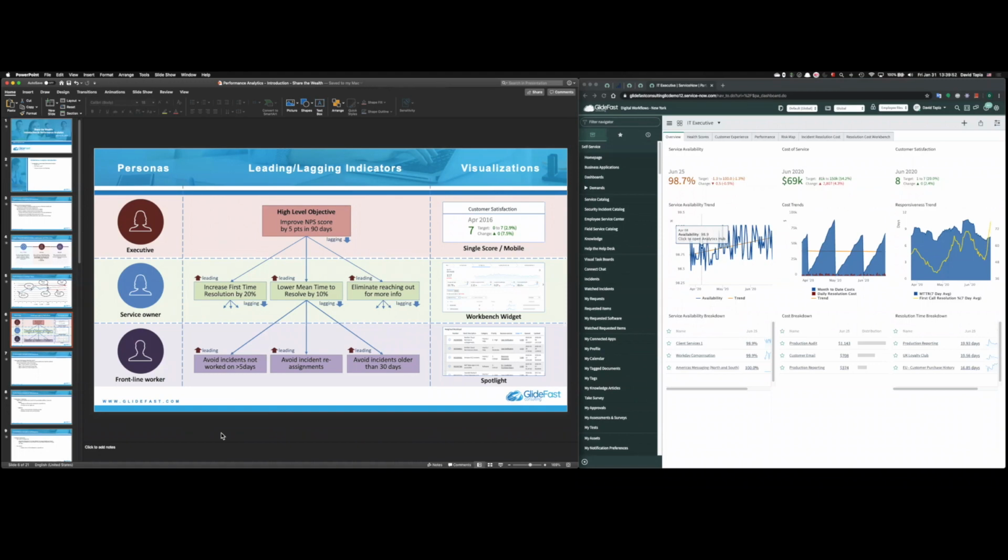So when you're creating a dashboard for an executive, you wouldn't include the same kind of information or metrics that you would for a frontline worker or a service owner. But ultimately, if you think of this as a whole, then the metrics that your frontline workers should be trying to achieve, the indicators or the goals that they're trying to meet, should in some way also roll up